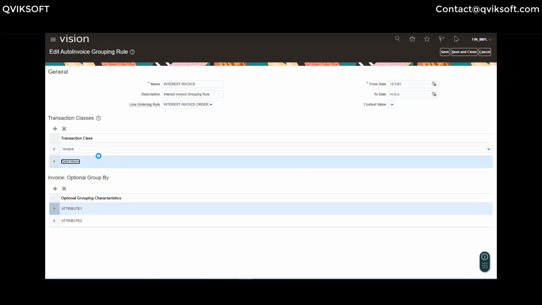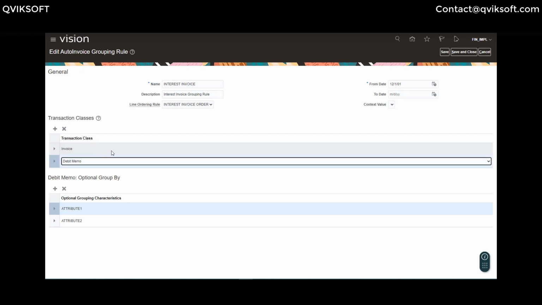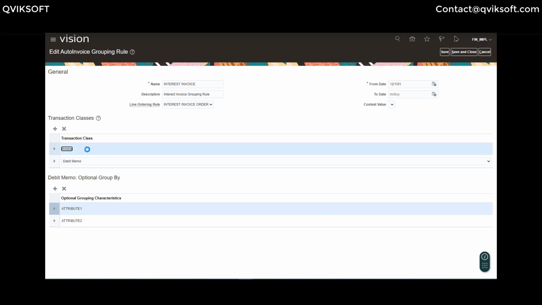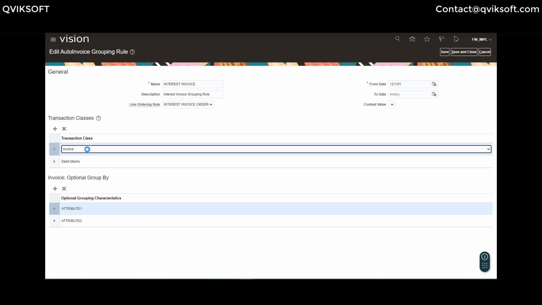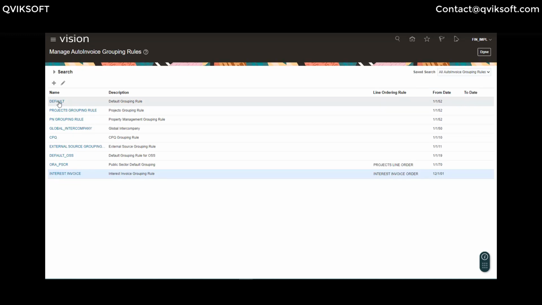So these are all the parameters which can be defined by transaction class. Depending upon the transaction class of the invoices you are going to import from auto invoice, for those you need to define this grouping rule as required. If you don't have any specific need, you can just put default. Default means the system just takes the important attributes, because I cannot club two customers' invoices into one invoice, right? It doesn't make sense. So the ones which are a must, the system will take automatically. You don't need to choose anything. If you don't want to add anything, just choosing default grouping is fine. Then you don't need to make any change.